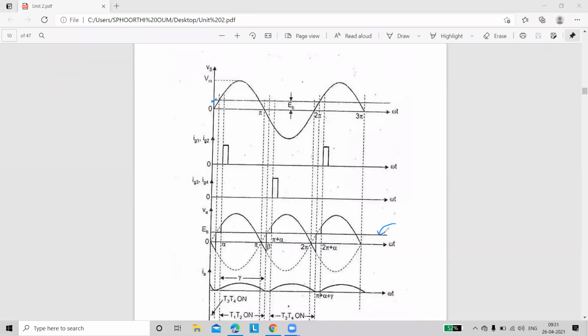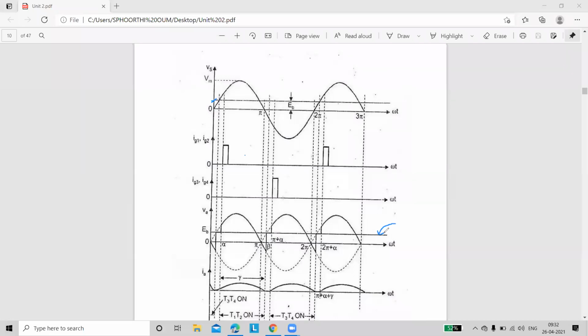And for our initial case, I am taking our firing angle alpha is less than 90. Remember one thing, you have to check or draw the waveforms with respect to firing angle values. Just 0, 90 or 180, if possible you can vary with a variation of 30: 0, 30, 60, 90, 120, 150 and finally 180. In some circuits it is not possible to take a large number of values. So for our convenience, we are taking alpha as less than 90 and more than 90.